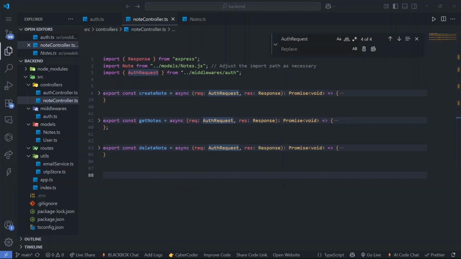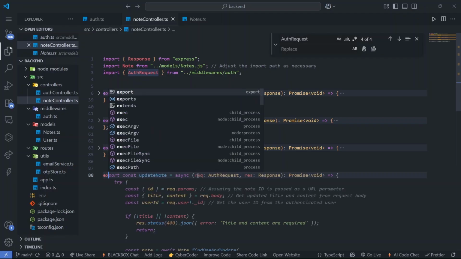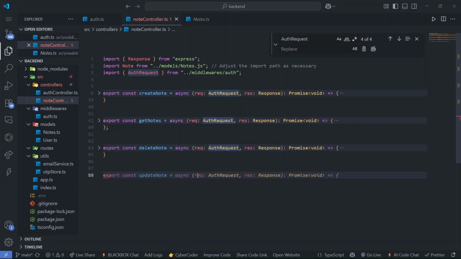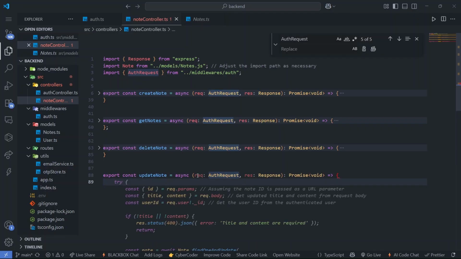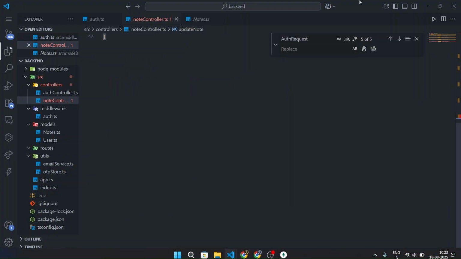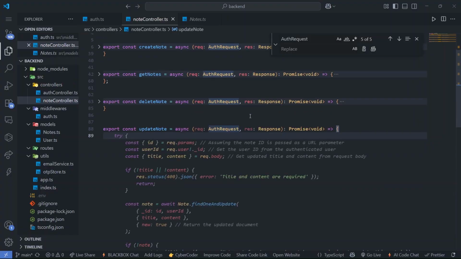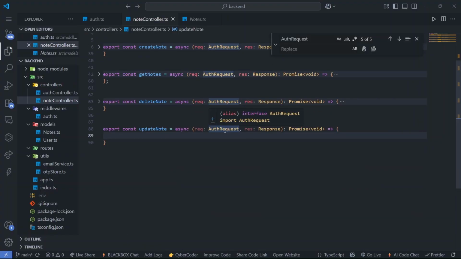After deleting nodes we have to update the nodes. So how are we going to update nodes? We have to get the id of that particular node, right? And whether the user is authorized or not to update that node, right? So export updateNode, right? Export updateNode. So this is the auth request, this is the middleware,